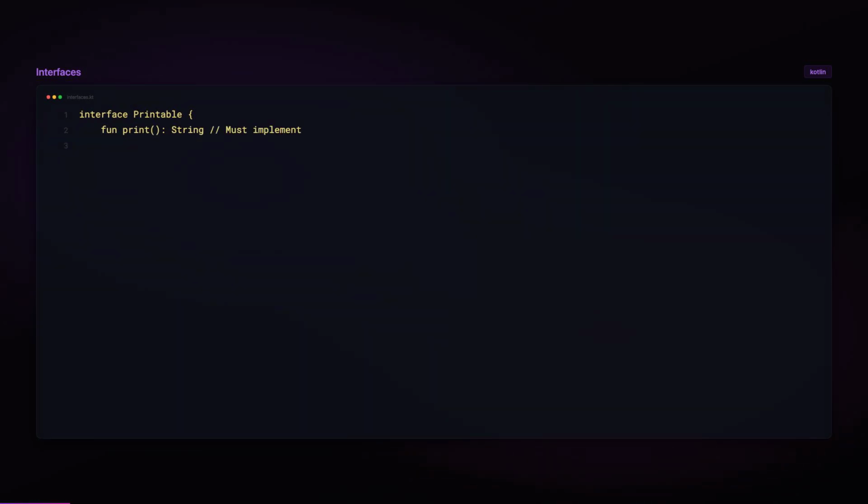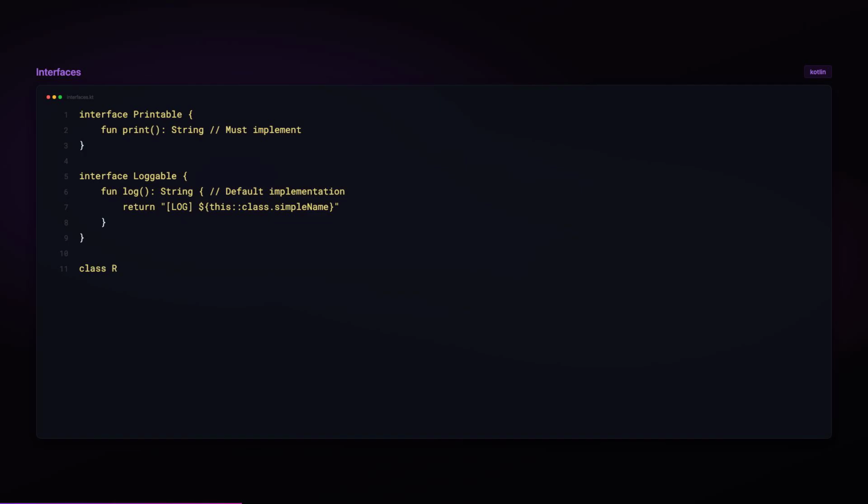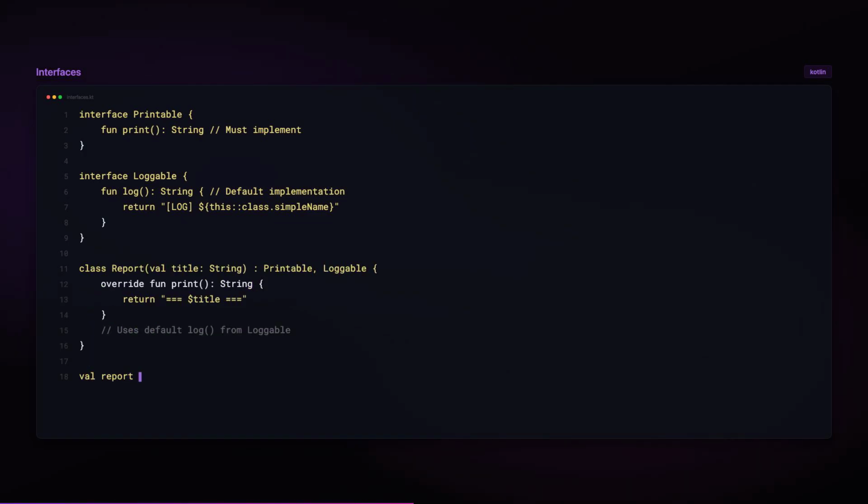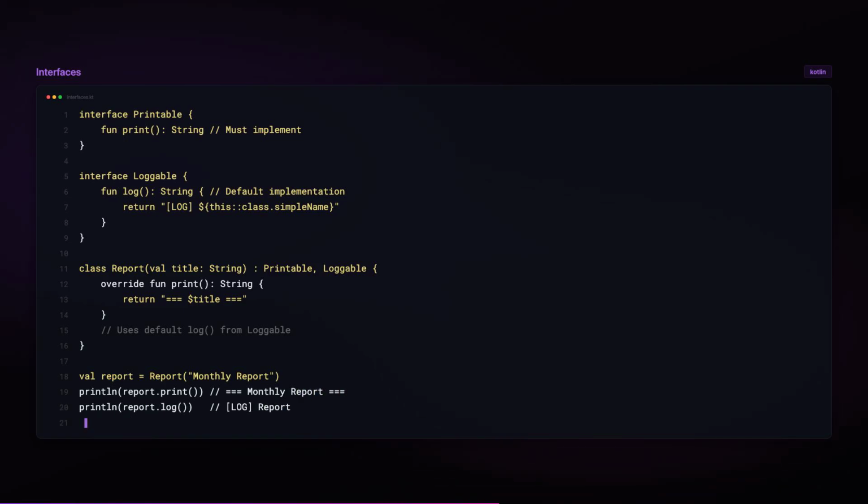Interfaces define a contract that any class can implement. Unlike abstract classes, a class can implement multiple interfaces. Interfaces can have default implementations for their functions. If a function has a default body, classes are free to use it as is or override it with their